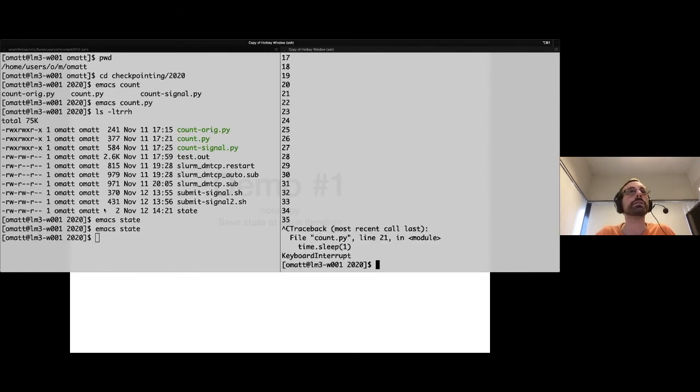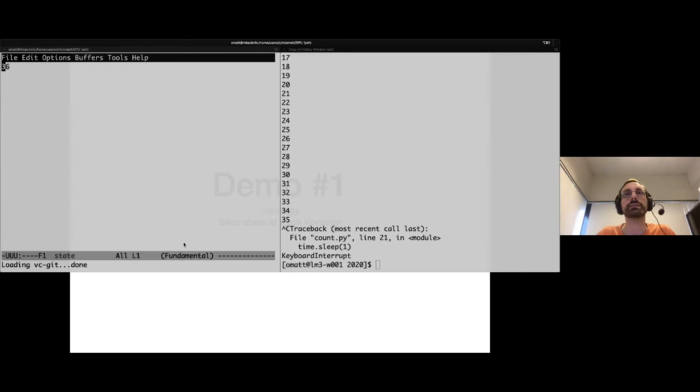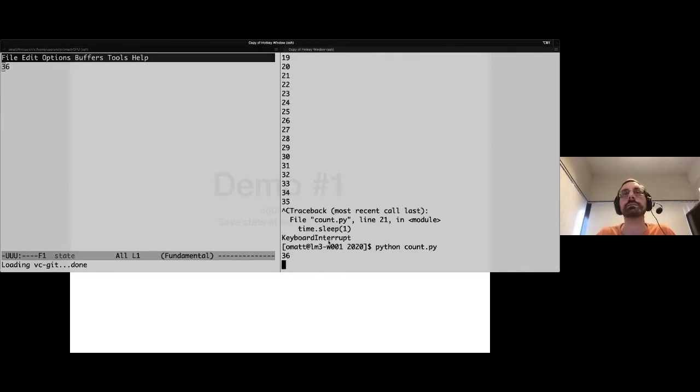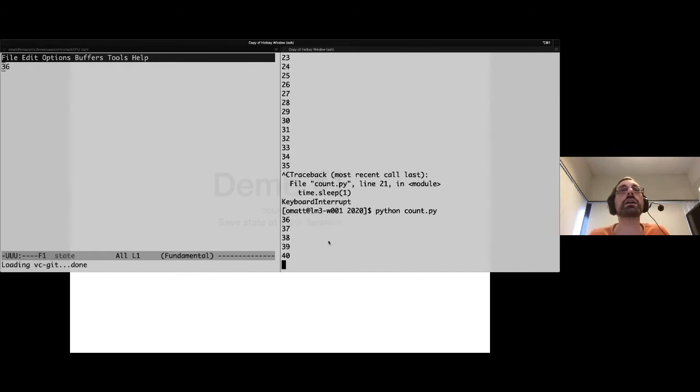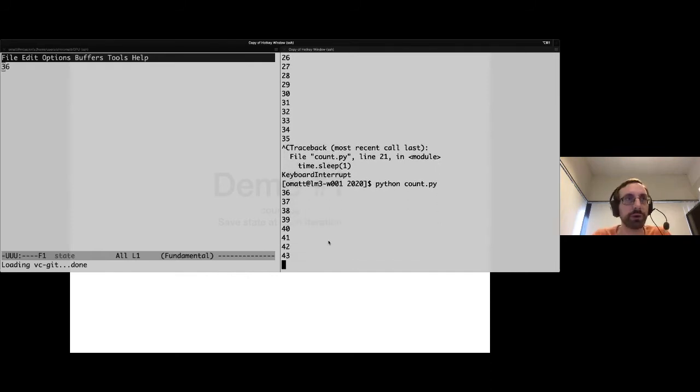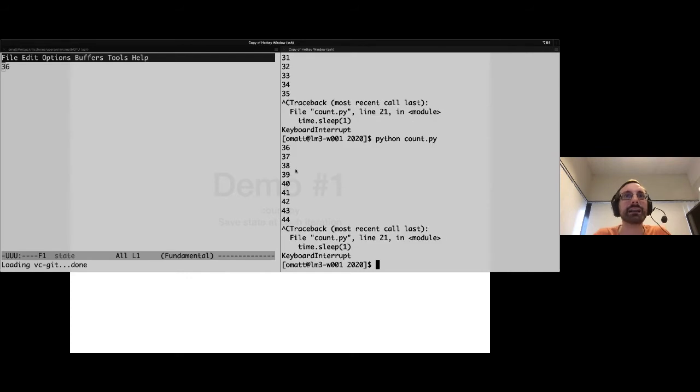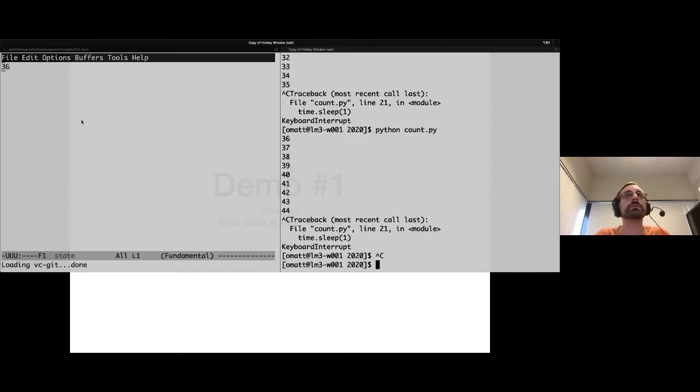Now I can kill it here. It will save, I guess, 36. Yes. And now I can restart my program, and it restarts at 36 exactly. So this is the most simple way to do checkpointing, obviously. I guess you are all bored because that's nothing really new for you so far.